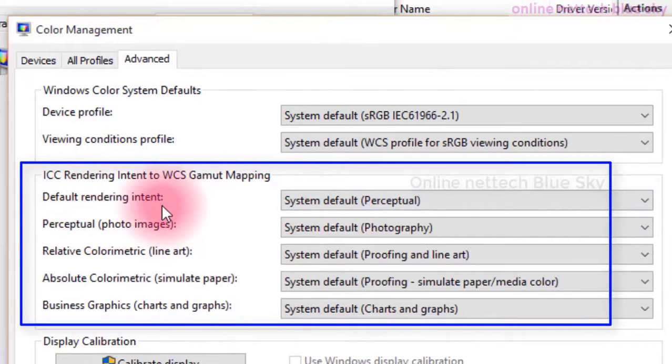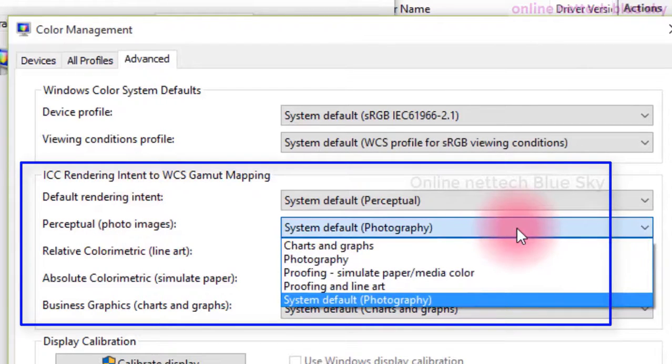System default shows your default printer color management system. So first check your color management system. If you want to display a new color management technology, you can change it here.